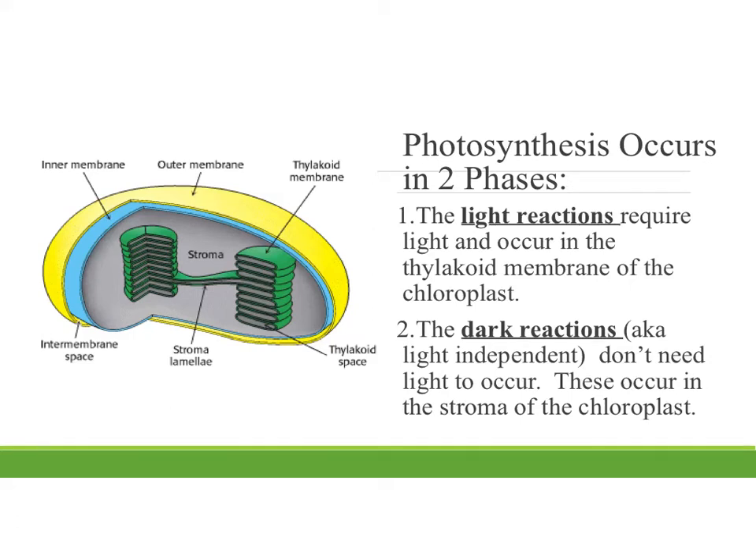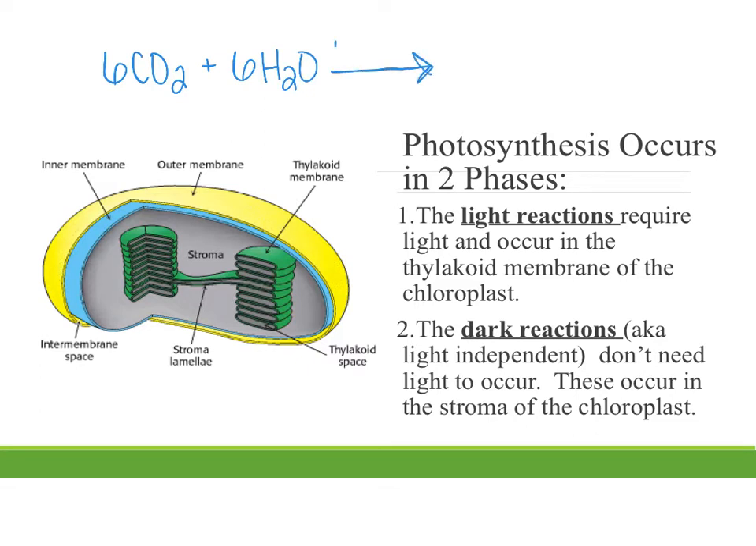All right, so today we're going to dive deeper into photosynthesis. So remember, photosynthesis is the process that takes energy from light and converts it into chemical energy. Our overall equation for photosynthesis is 6 CO2, which is carbon dioxide, plus 6 H2O, which is water,